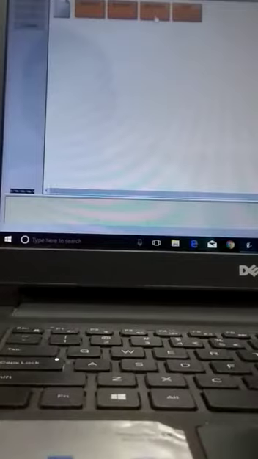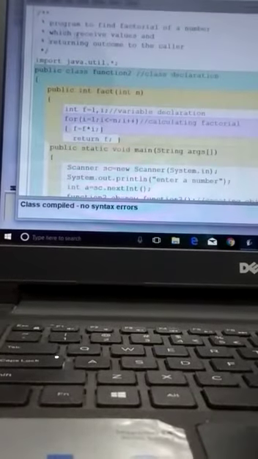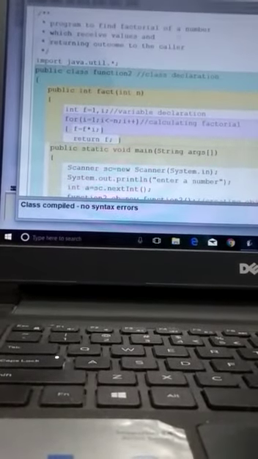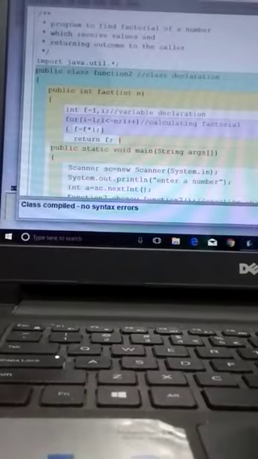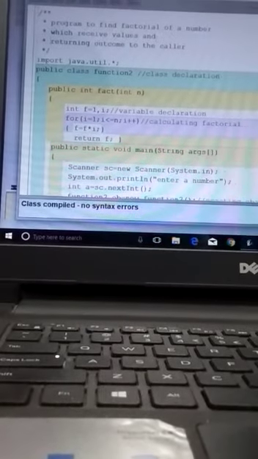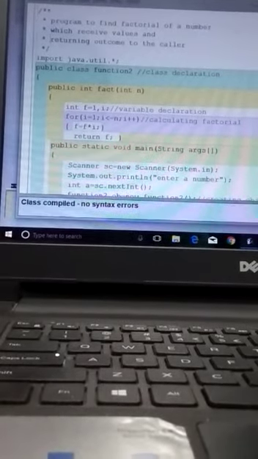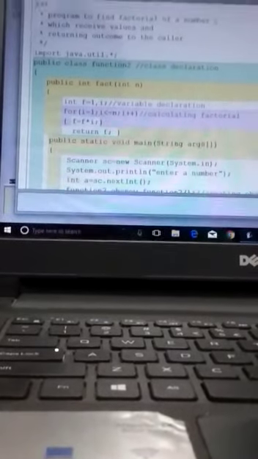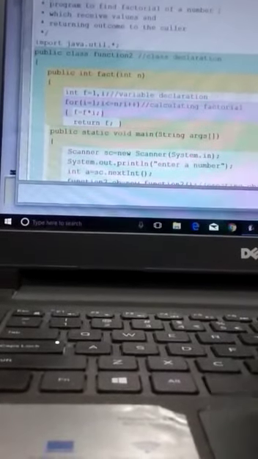First one is neither returning value nor receiving value from the caller function. Second one is it is passing the value to the function but not returning anything. And the third one is the program to find factorial of a number with the help of functions which receives value. Here you have to write of a number